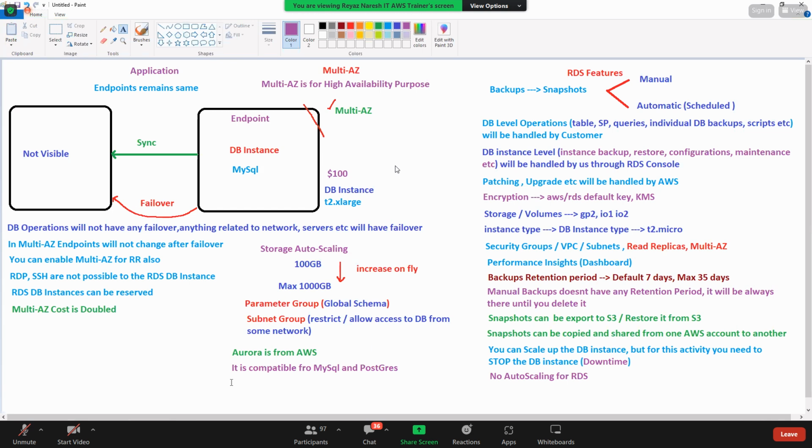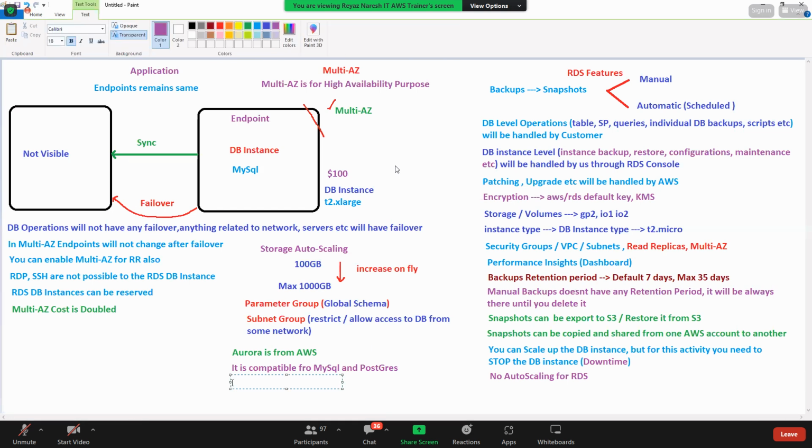And how many read replicas can you have in RDS? Maximum 5. In Aurora, 15 read replicas. Now you might say, sir, does that mean my applications should connect to these 15 individual replicas?